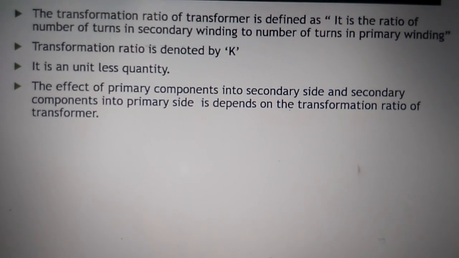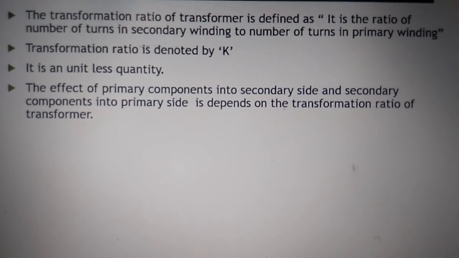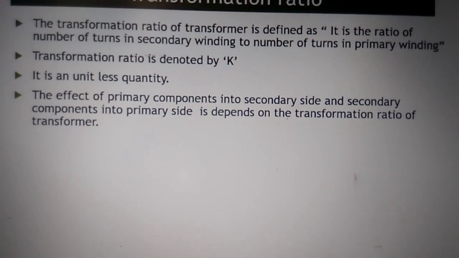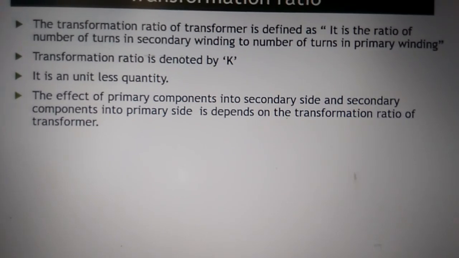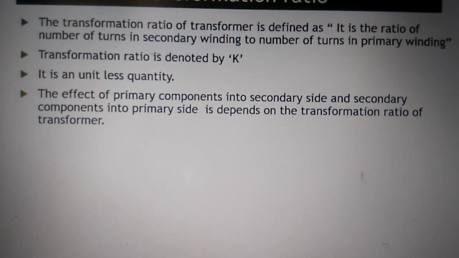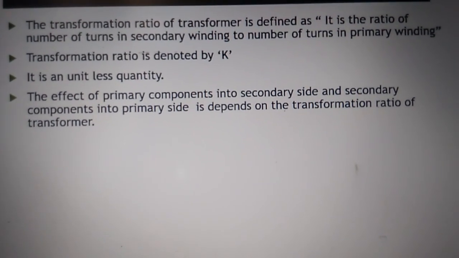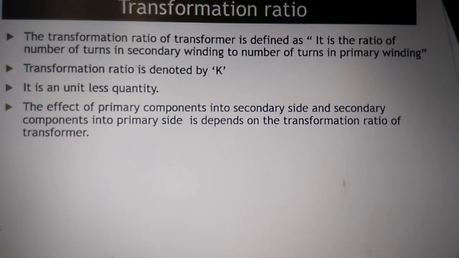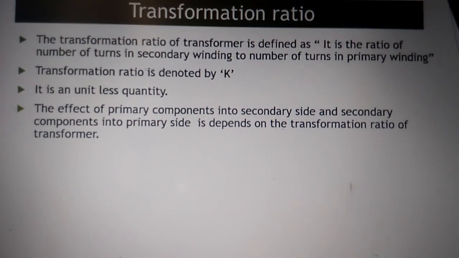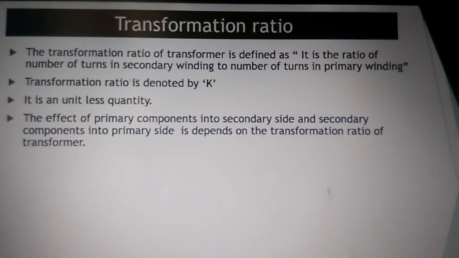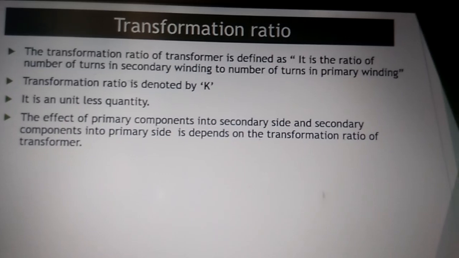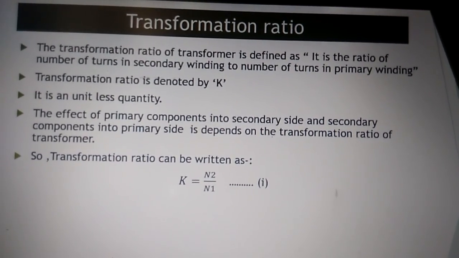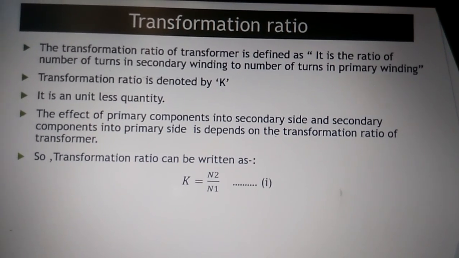That means I2 का रिस्पॉन्स अगर प्राइमरी साइड में पड़ रहा है तो वो बन जाता है आपका I2 dash. I1 का रिस्पॉन्स अगर सेकेंडरी साइड में पड़ रहा है तो वो बन जाता है आपका I1 dash, R2 dash, R1 dash. इस तरीके से जो भी रिस्पॉन्सेस होते हैं, प्राइमरी का इफेक्ट सेकेंडरी पर और सेकेंडरी का इफेक्ट प्राइमरी पर, तो वो जो इफेक्ट हमको मिलता है उसका कैलकुलेशन वो हमेशा ट्रांसफॉर्मेशन रेशियो ऑफ ट्रांसफॉर्मर के अकॉर्डिंग ही मिलता है. Okay, so the transformation ratio can be written as, according to the definition, K is equal to N2 by